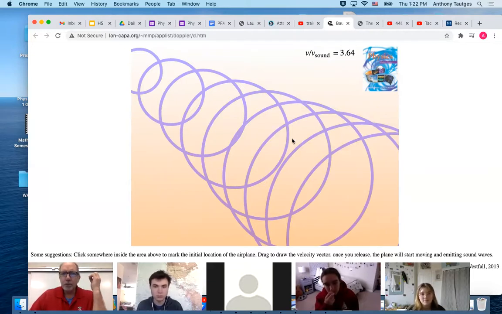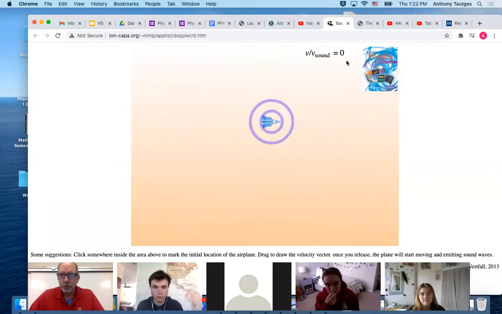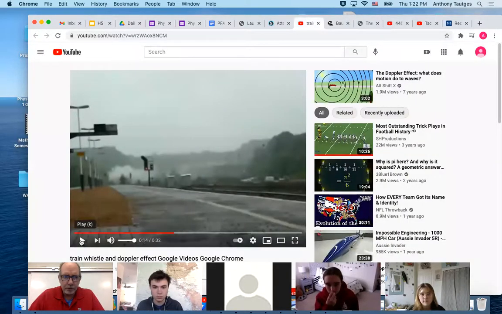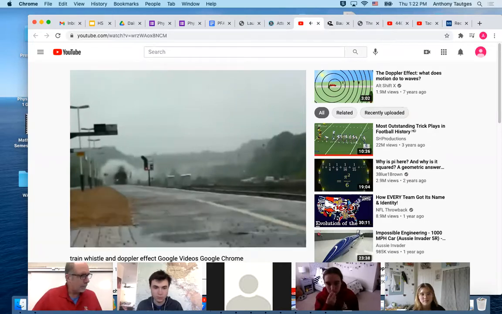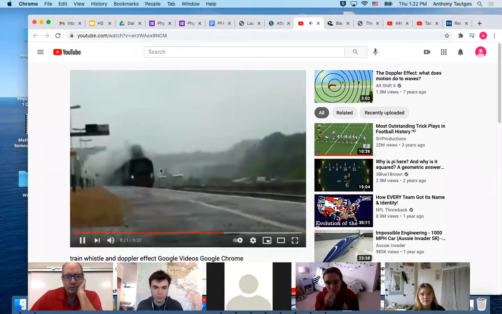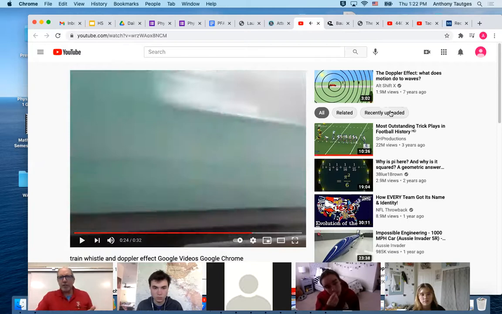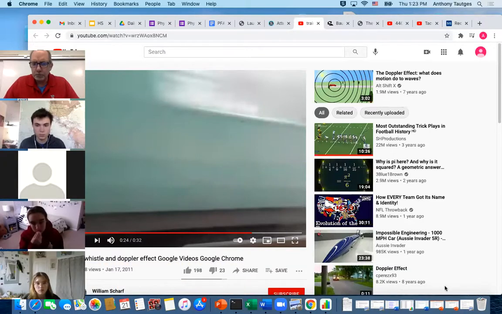Maybe you know what I should do? I have a whole page of these. I should post that page in the Schoology so you can mess around with this yourself. But that's the Doppler effect, okay? One more time, just for fun. The approaching train is going to stop at this station. And you can observe this dozens of times per day, lots and lots of times if you pay attention, okay? Because it's all over the place.